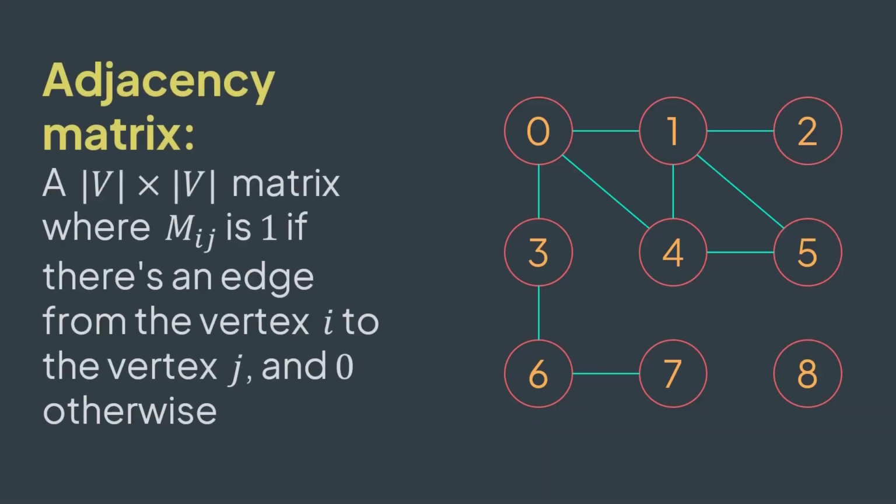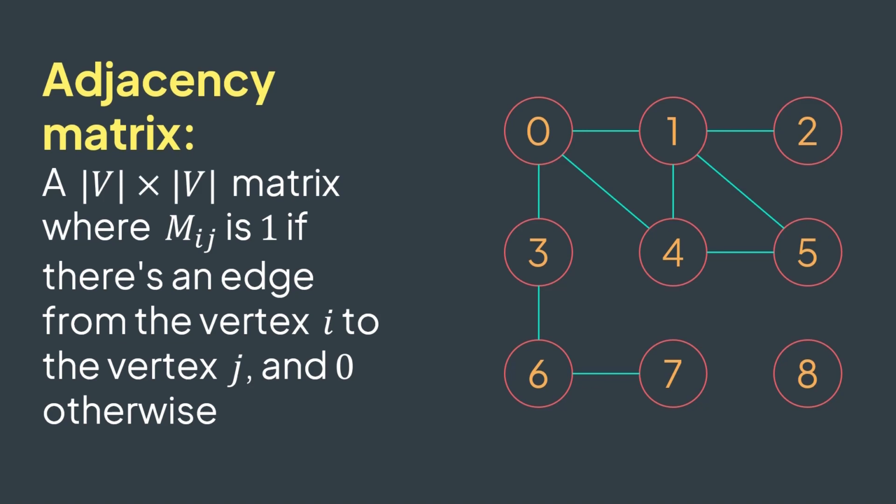In the previous lecture, we covered the adjacency list, a widely used way of representing graphs. In addition to the adjacency list, we have another way of doing so. It's the one we will see in this lecture, the adjacency matrix. The adjacency matrix is a square matrix of size length of V times length of V, where matrix of ij